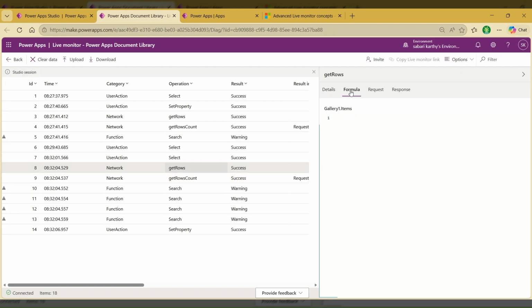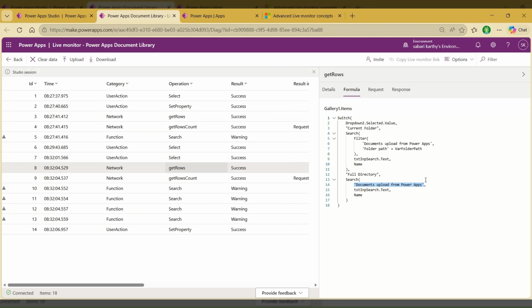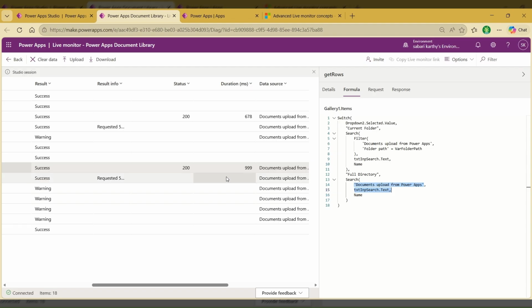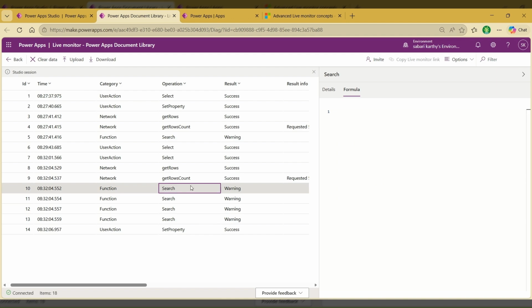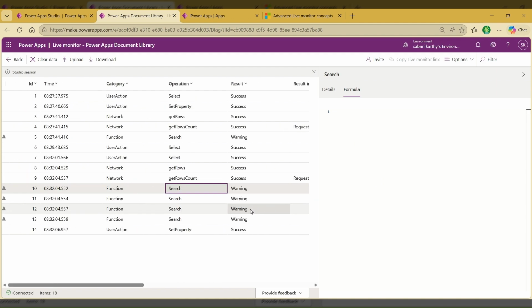What it does is, if you go to the formula, this is what it does: it goes to the document upload from Power Apps, which is my source, uses the text input search section and gets the data. If you scroll, you will be able to see how much time it took, and probably the next is GetCount. And again, next comes the Search function inside the gallery, which actually searches and responds with the results. Wherever you see an exclamation mark, it indicates delegation, so here you will be able to understand whether the app has impact based on delegation or not. Let's say your data source has 700 or 800 rows. Here the app will show you that it retrieved only the first 500, by which you will be able to understand how